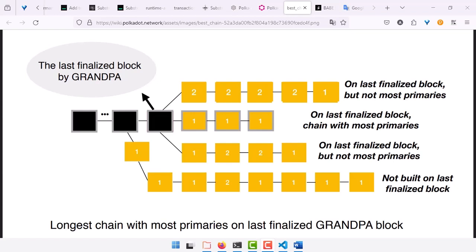Okay. GRANDPA is said to be implemented by different languages or frameworks or networks, and it's not only about Substrate or Polkadot. GRANDPA validators vote on a block that they consider best, and their votes are applied transitively to all previous blocks. After two-thirds of the GRANDPA authorities have voted for a particular block, it's considered final. So we use the GRANDPA mechanism for finalizing blocks, and also we use Aura to produce blocks, and both of them depend on each other.